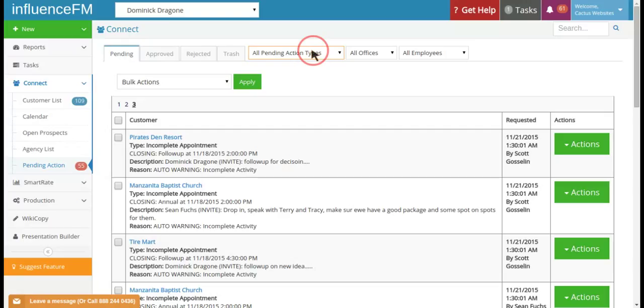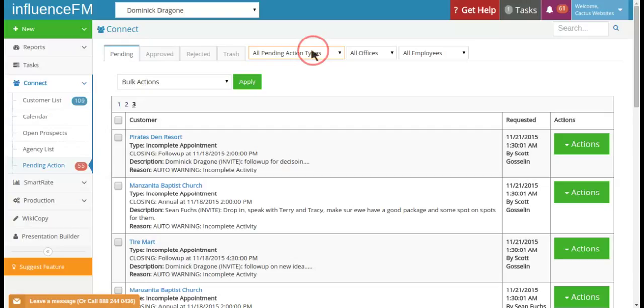We went over that. When they try to merge customers together, the system allows you to merge customers because sometimes you get duplicates. So it allows you to do that. However, if a rep does that, it comes here for your approval first. When you try to delete a customer, it comes here. When they try to delete an activity, it comes here for your approval. When they try to send a customer to the trash, when they try to delete a reoccurring activity, it comes